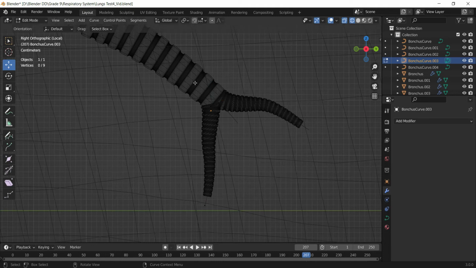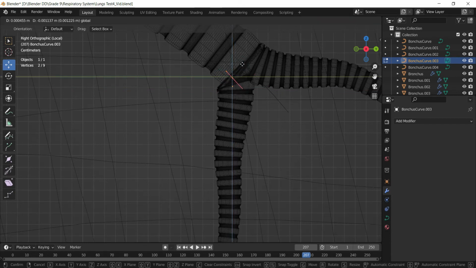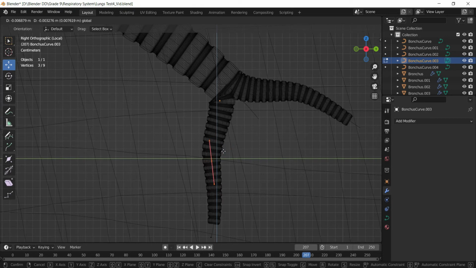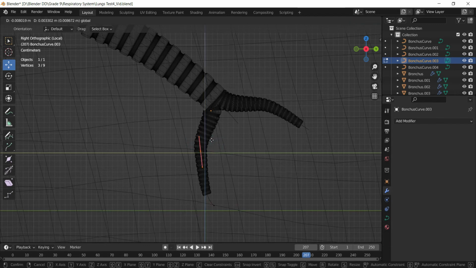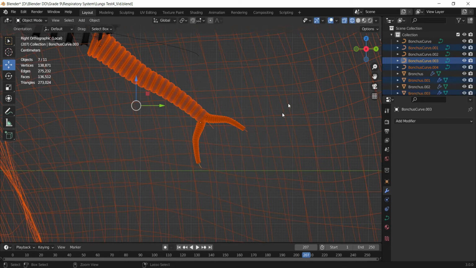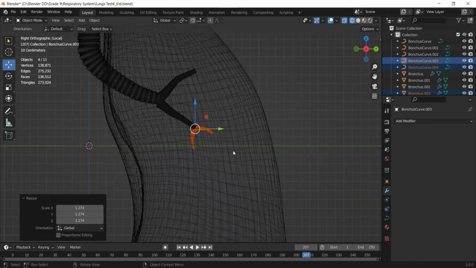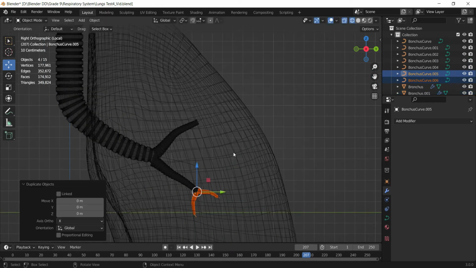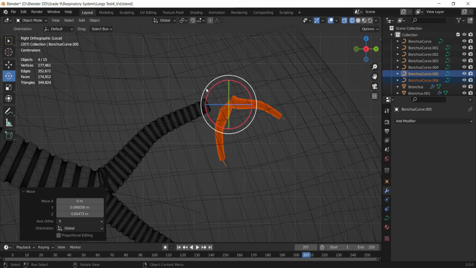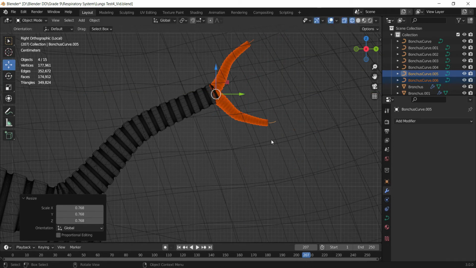Select this up, select the first control point, duplicate these two, I can rotate this, and maybe I can place these two over here like this.